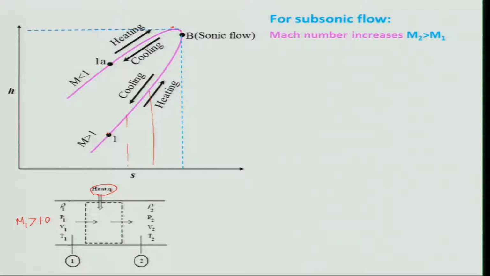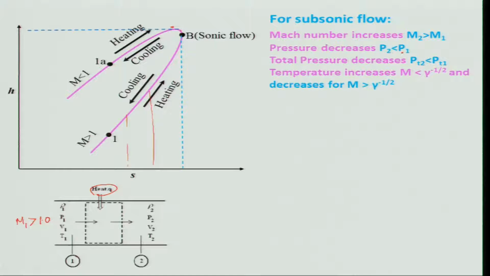So, just to recall what we have learned: the Mach number increases in case of subsonic flow, that is M2 is greater than M1, and pressure decreases, P2 is less than P1, and total pressure decreases, PT2 less than PT1. Temperature increases till M is less than or equal to 1 over root gamma, and after that, with further addition of heat, it will decrease, that is when M is greater than gamma to the power minus 1 over 2. And total temperature of course goes on increasing,